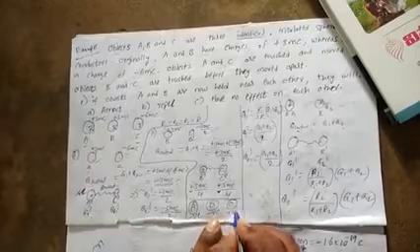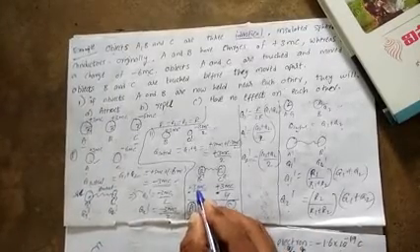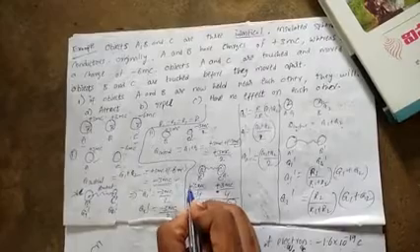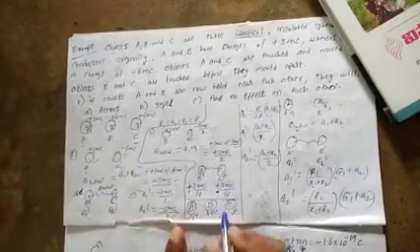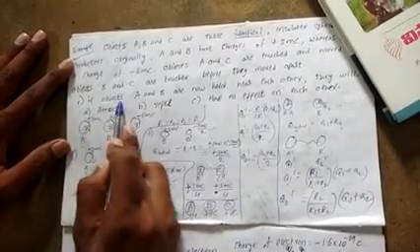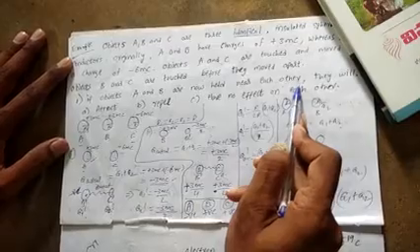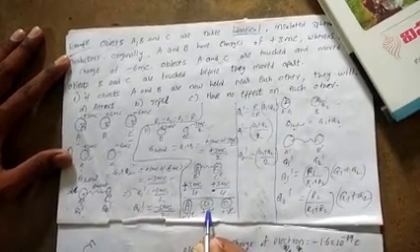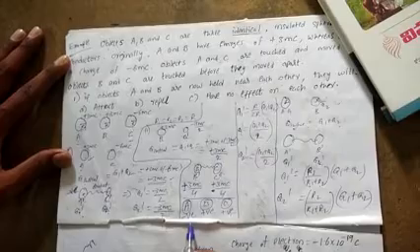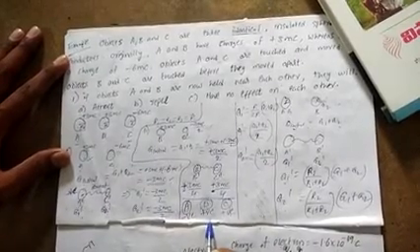So it is having positive charge. So B is having positive charge. B is having what type of charge? Positive charge. And C is having positive charge. Now tell me, students. Here they asked that if objects A and B are now held near each other, what happens? A having what type of charge? Negative charge. B having what type of charge? Positive charge. Then what happens?